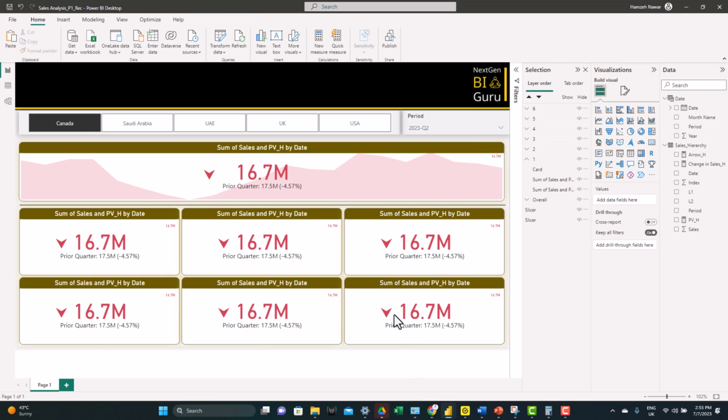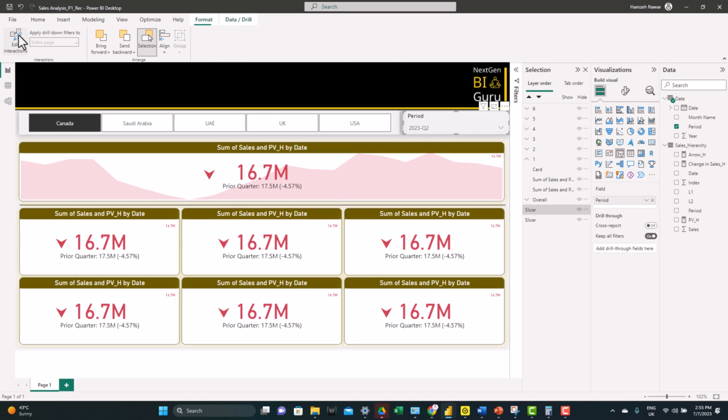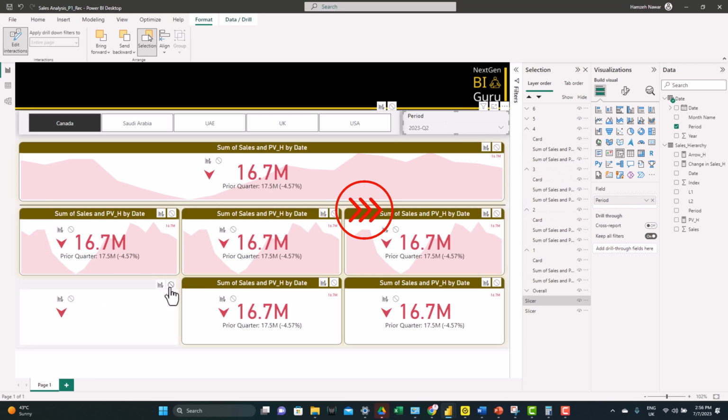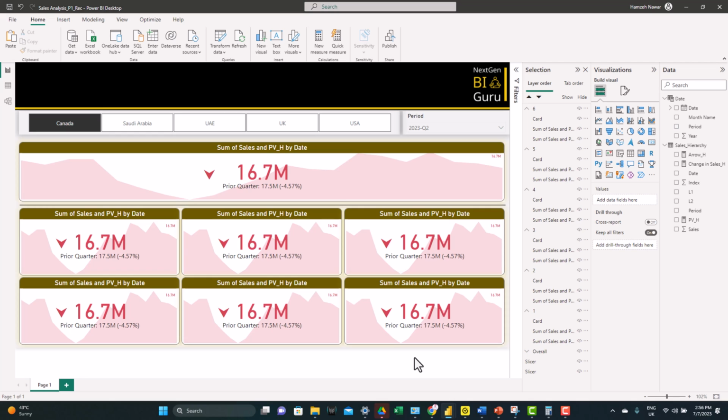Here we go. We can see that the trend line has disappeared again. So what we need to do is repeat the process we did for the overall from edit interaction. But here, because it's behind our KPI, we can't see it. So we need to go to the group and hide the KPI first, and then we can see the trend line, and we can deactivate the filter. We repeat this for the 6 of them. We have the trend lines showing for all the KPIs. But if you notice, all the KPIs here have the same value, which is the overall value. We need the 6 KPIs to be filtered for each of the products.